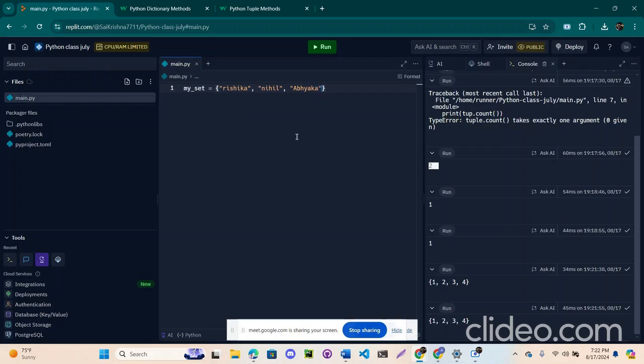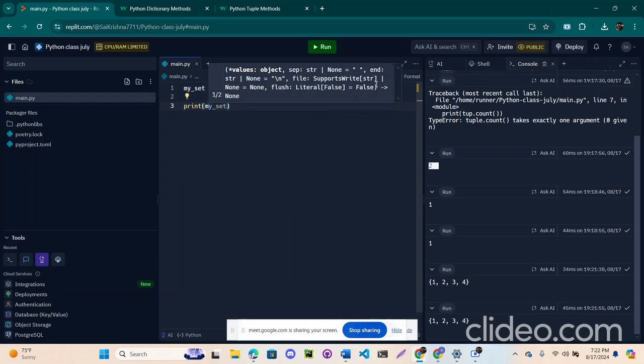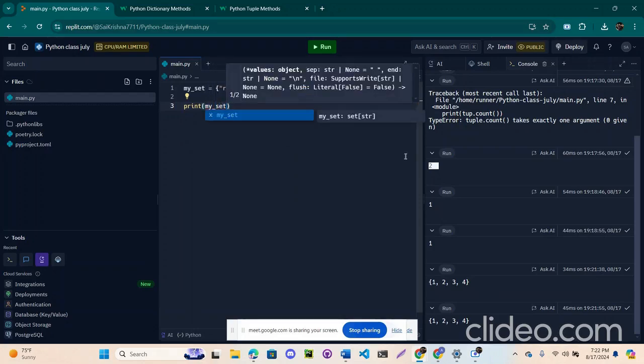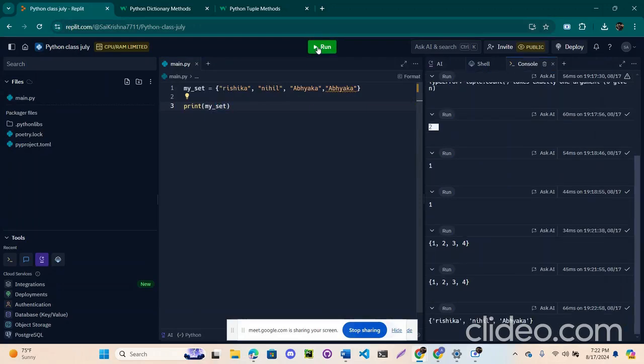And if I repeat the name Abhyaka and execute this, what can you expect? If you run this code, you see that the duplicates are not allowed in this particular set.